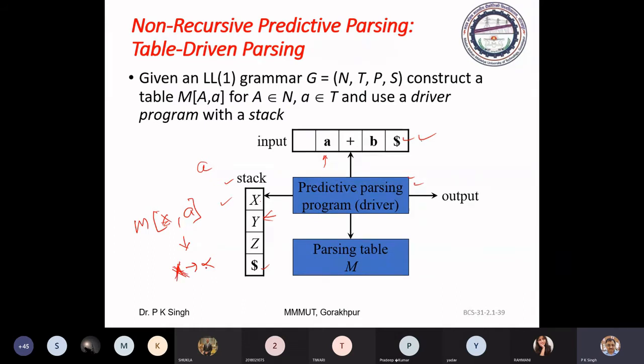You have to pop out this X of the stack and push in alpha onto the stack, keeping the first symbol of this alpha on top. And second thing, if at this position you don't have any entry in the parsing table, then that is the case of error. You have to call the error service routine to handle the error.